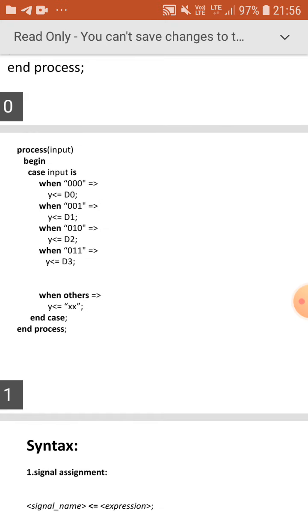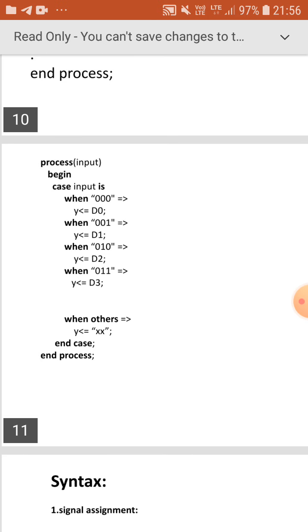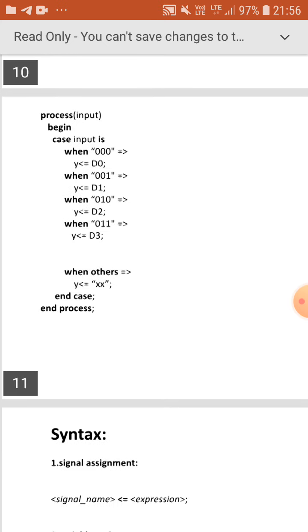So this is the example for process statement. If any change in the input occurs, then it will execute this set of statements. If you give any value to input, for example, if you give input equal to 0 0 0, then it will execute the statements inside the process in sequential manner.